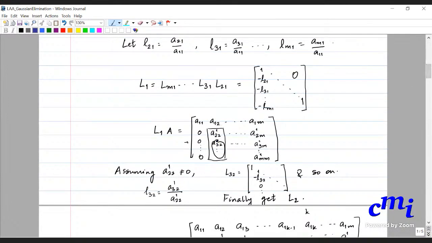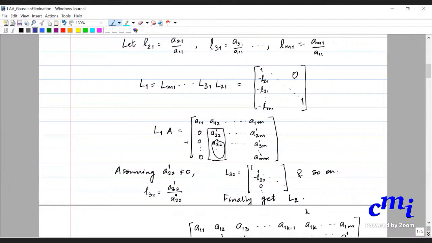Now we want to obtain the subdiagonal elements below the diagonal in the second column as 0. Okay, so we want to kill off these elements, and for that we will design this matrix capital L2 by a product of matrices. So here we will have minus L32, where L32 is now A32^(1) by A22^(1). Okay, what is this